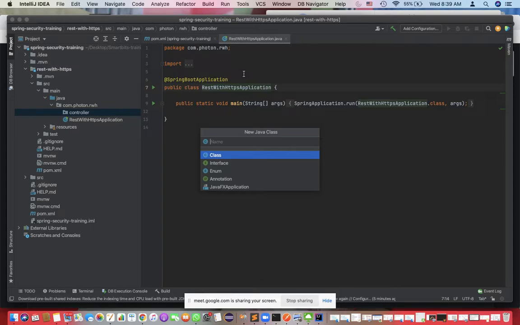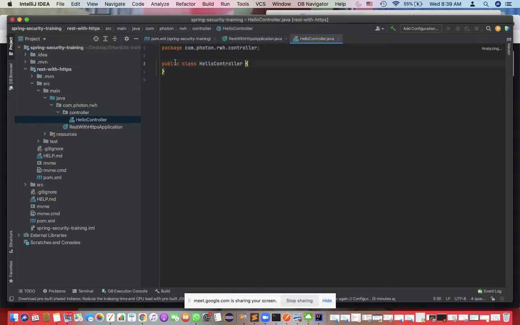Okay, so I'll just write hello controller, right? So inside the hello controller, I'll write one method. I'll write public, and I'll give the response as a string.